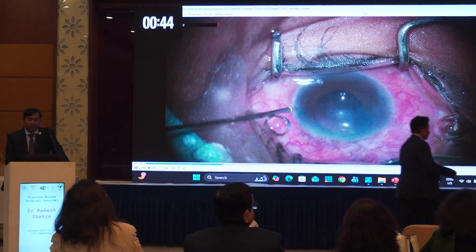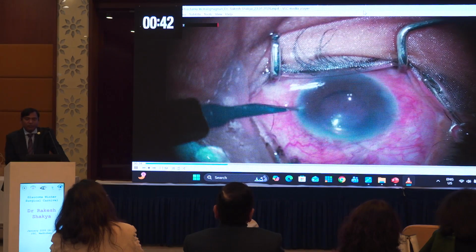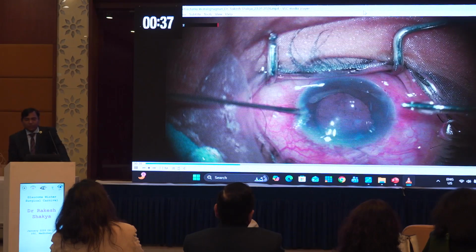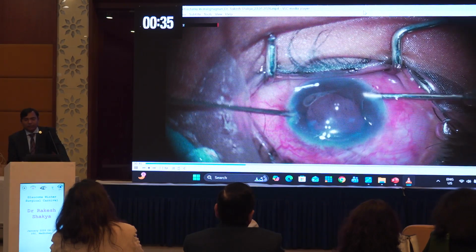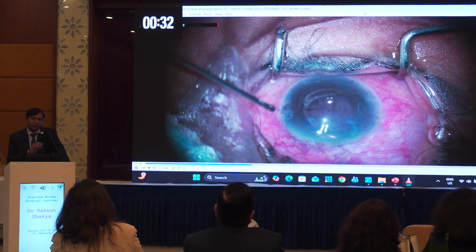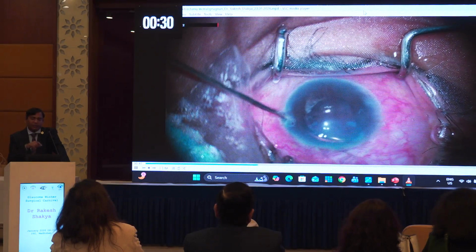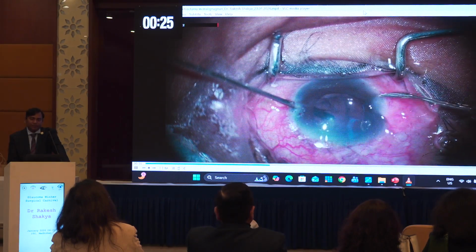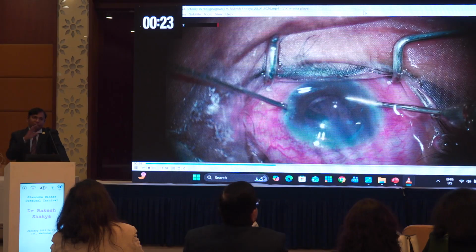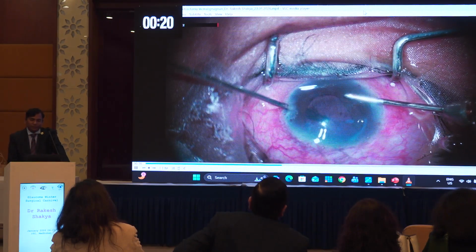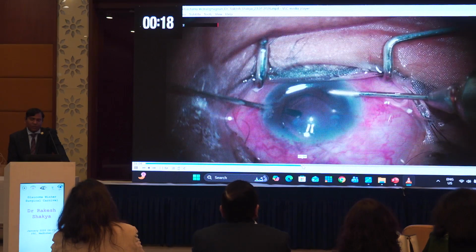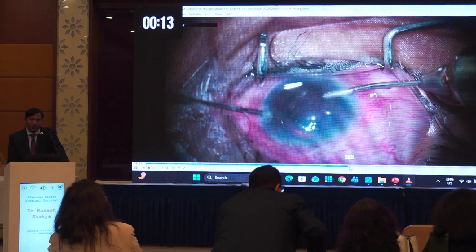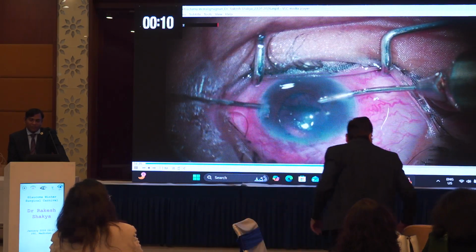Then we make a space to put some amount of viscoelastic, and the PI was also done before the surgery, also by the Nd:YAG. So we go just behind the iris, and cut the zonules with a zonulectomy, and then we do the anterior vitrectomy in this case. During the vitrectomy, the chamber became slightly deepened. So we do the anterior part of the vitrectomy, and also cut some of the peripheral part also, and then the chamber became deepened.